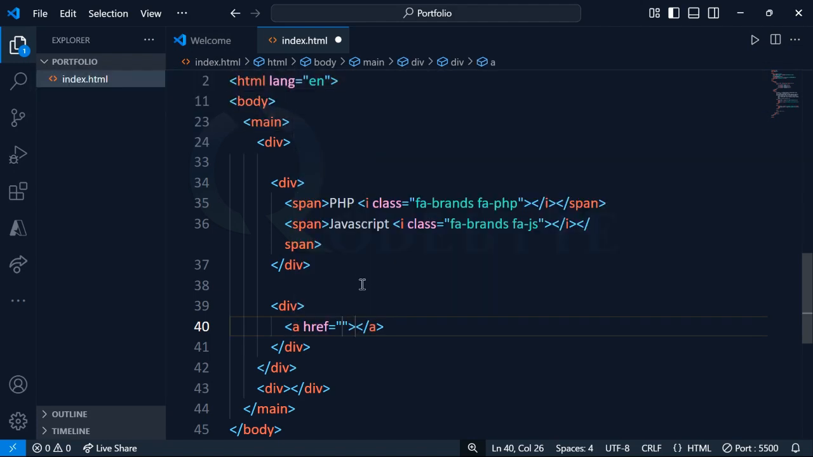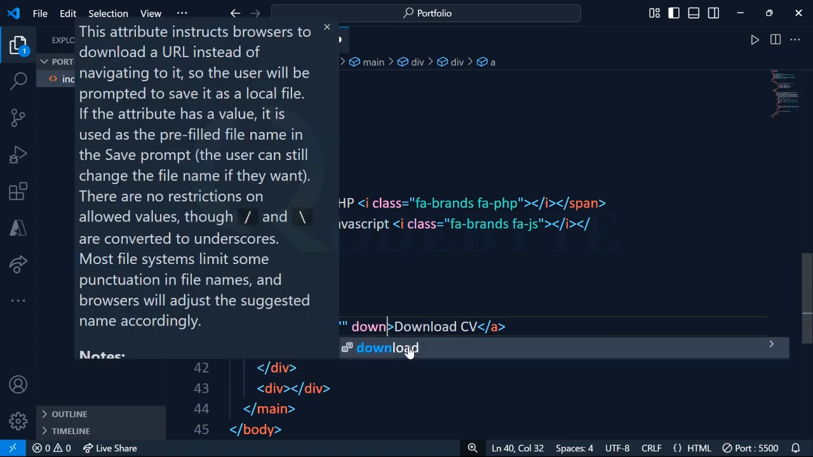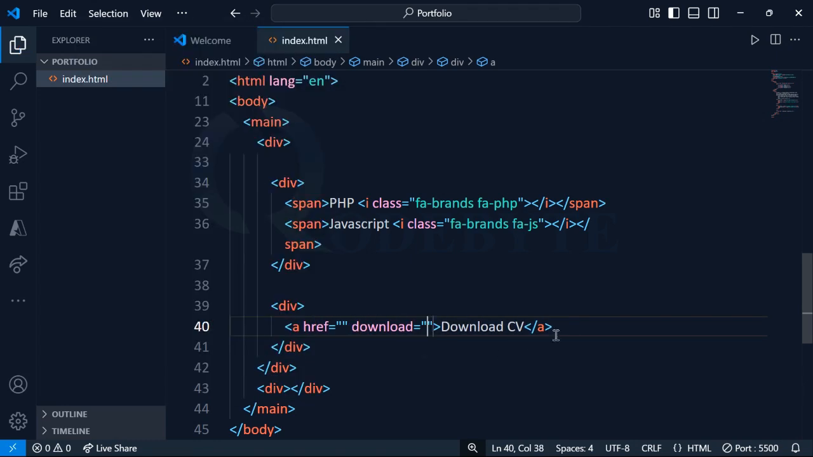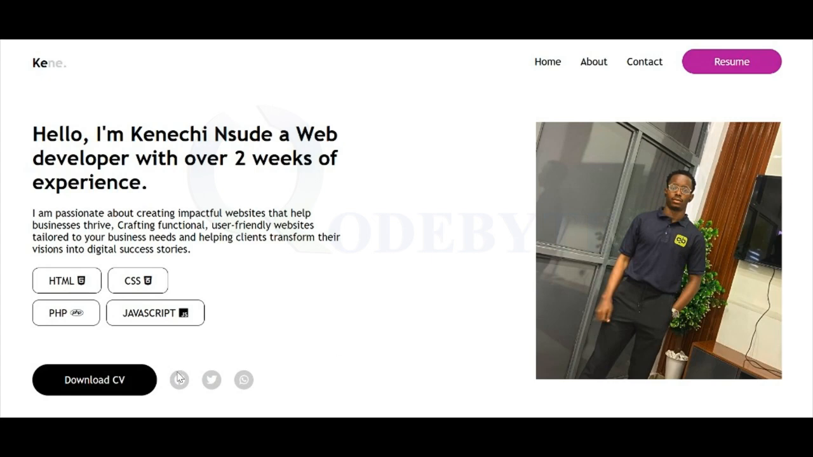Okay, and then we'll say href, and then we'll just say download CV. We can even optionally decide to pass in the download attribute here. But for now we don't have any resource, but this download attribute allows users to download their CV. Now the next one we have is the social media icons, and basically if you click on Facebook,